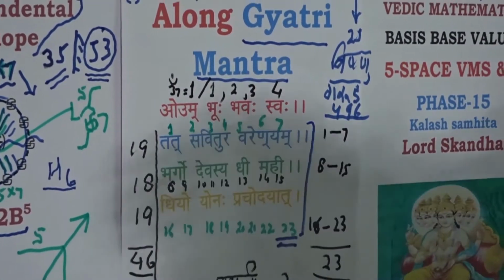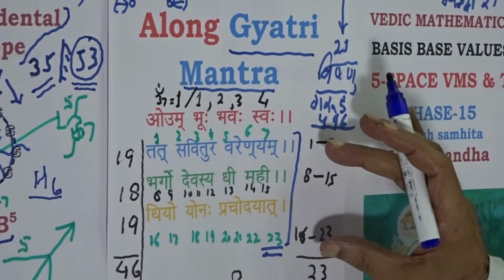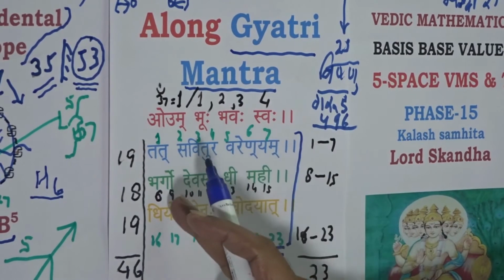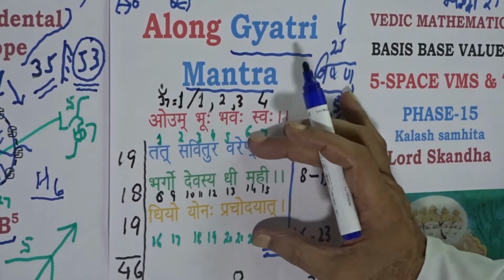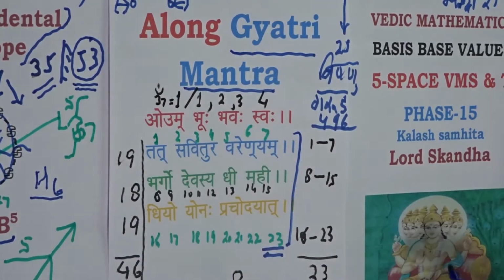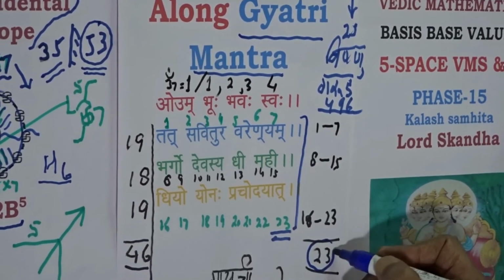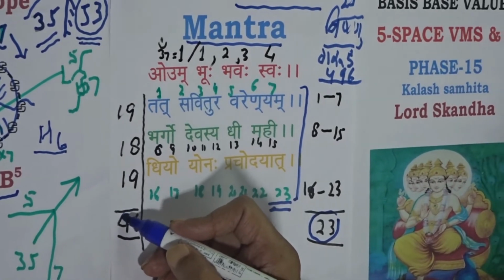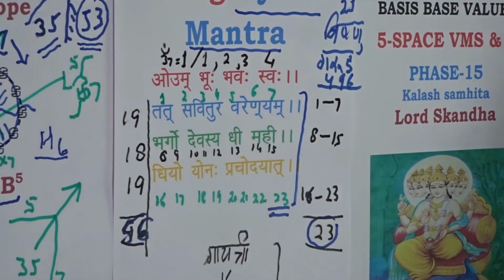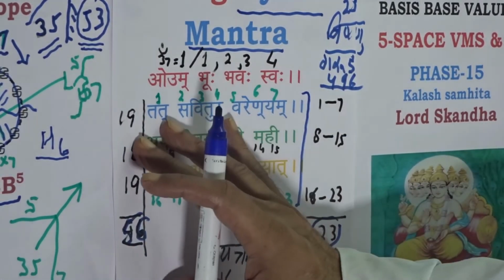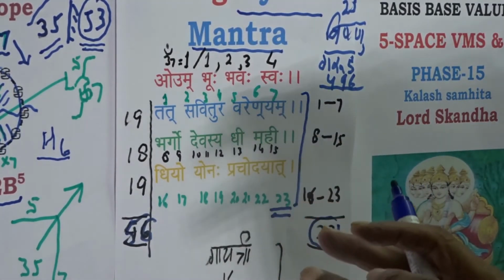As such, when one is along this tat savitur varenyam bhargo devasya dhimahi dhiyo yo naha prachodayat, this Gayatri Mantra text which is of 23 syllables and which is of 56 syllables. Now it is this phenomenon, this feature, this value which we have to be face